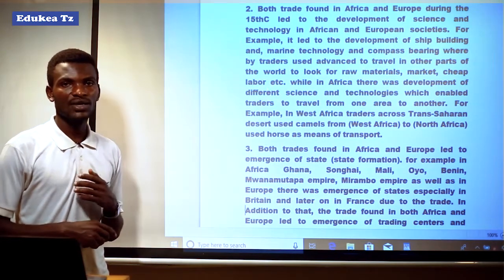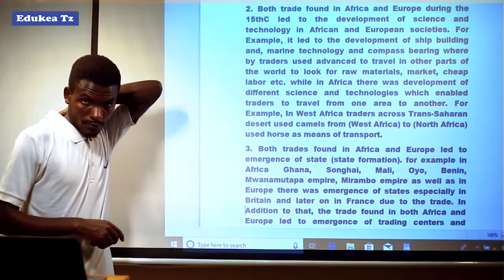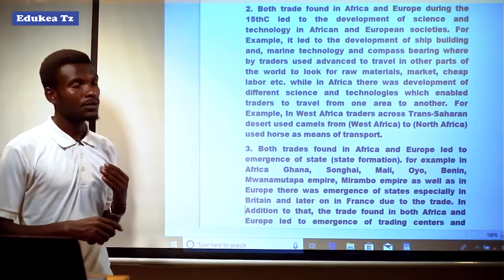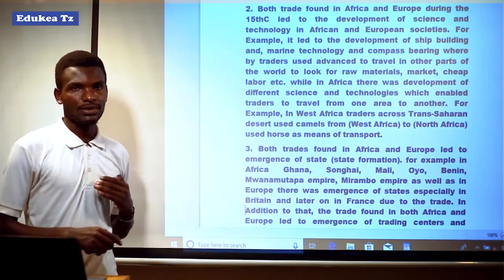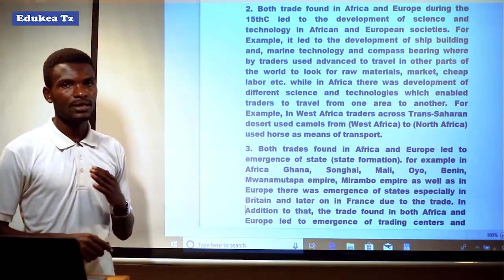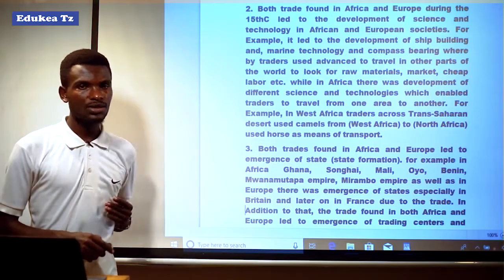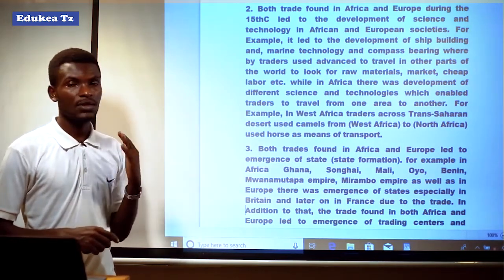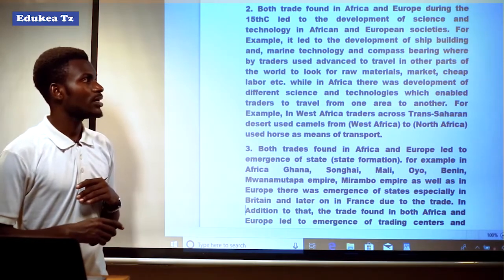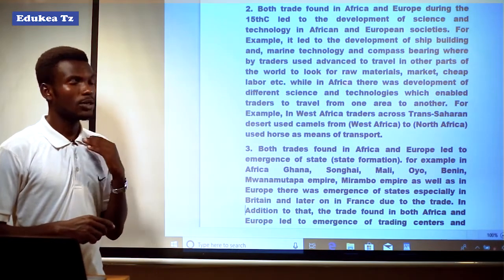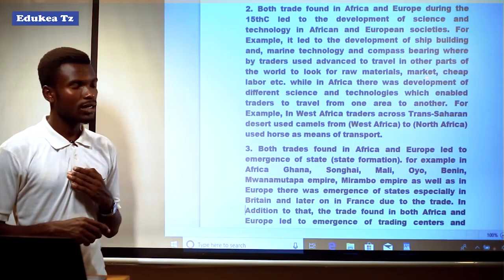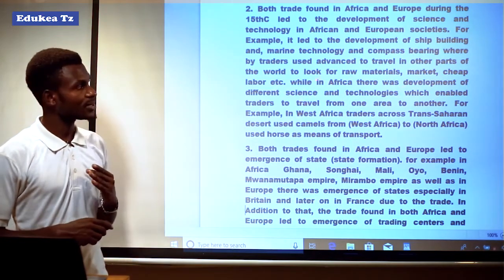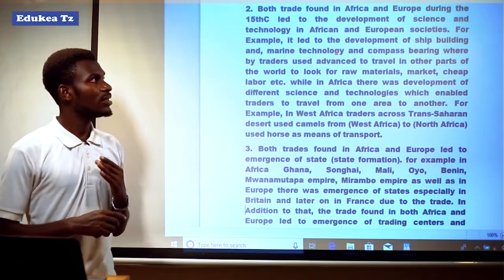and areas for investment. It means that both in Africa and Europe there was traveling of merchants, whereby they traveled from their origin areas or from their motherland to other parts of the world in order to search for areas for investment, raw materials, markets for their goods, and cheap labor who could work for the Europeans. As well as in Africa, there was